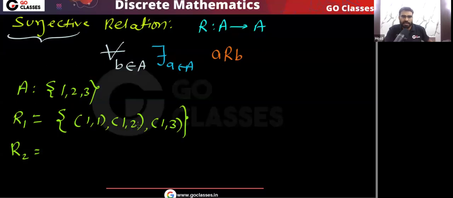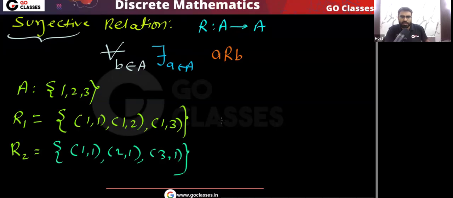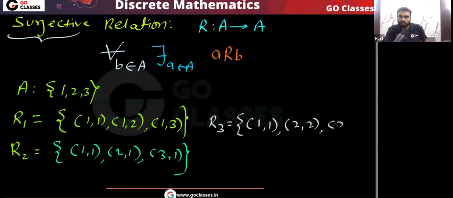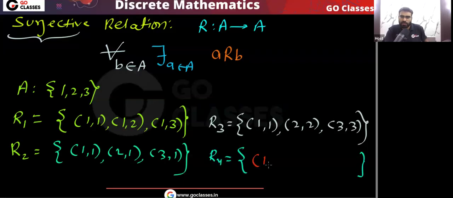Now, if this is the base set and these are the relations that I'm giving you, tell me which relation is surjective. For example, 1 is related to 1, 2 is related to 1, 3 is related to 1. Okay, so tell me all these options. Let me know which relation is actually surjective. 1 is related to 1, 2 is related to 2, 3 is related to 3. And tell me about this one: 1 is related to 2, 2 is related to 3, 3 is related to 1. Okay, so I have given you some options and you tell me which of them is a surjective relation.